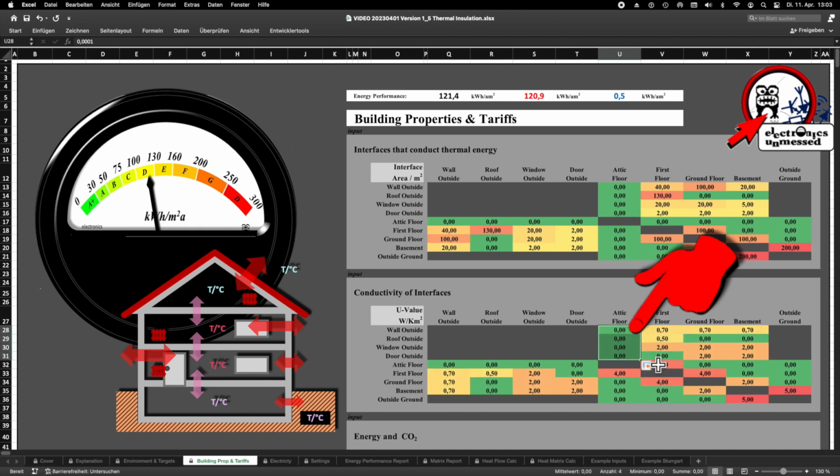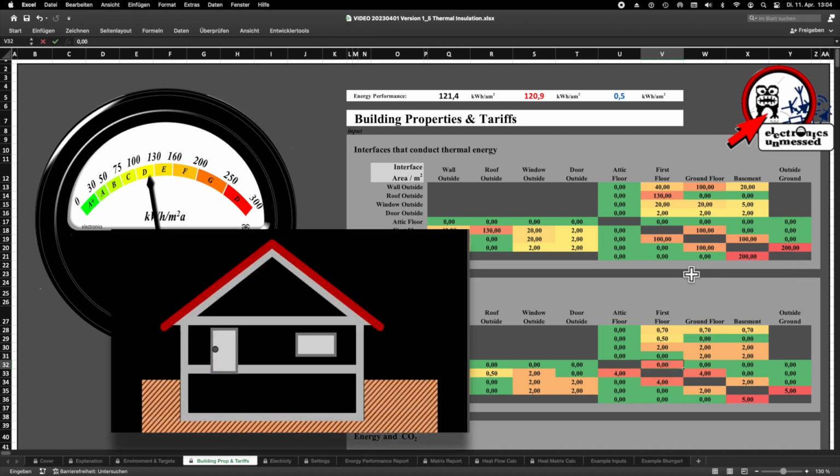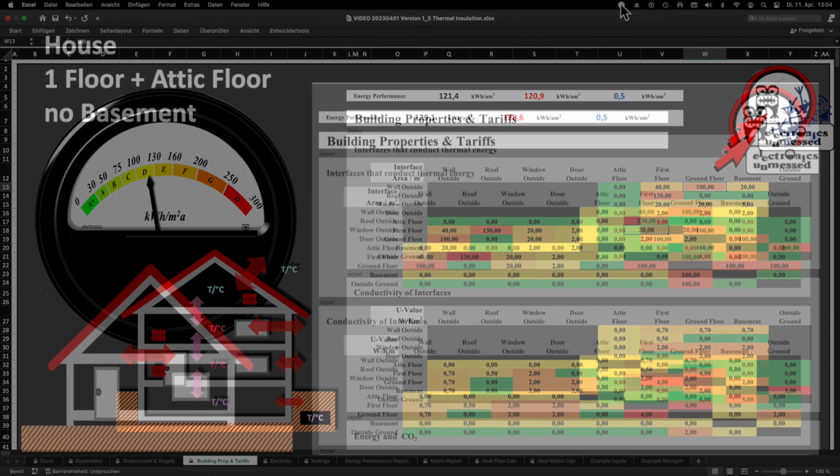And with that we have already modeled our house, which has a pitched roof and 3 floors instead of 4. That was pretty easy, wasn't it? But you really have to use this null value trick, otherwise it won't work. Incidentally, such numerical problems often cause software developers a lot of headache. But that is not our topic today. By the way, if there is a numeric overflow in the tool, then it will show 0 energy consumption.